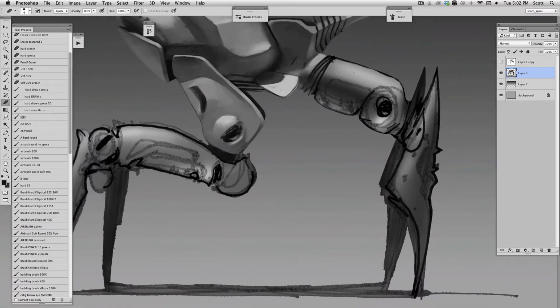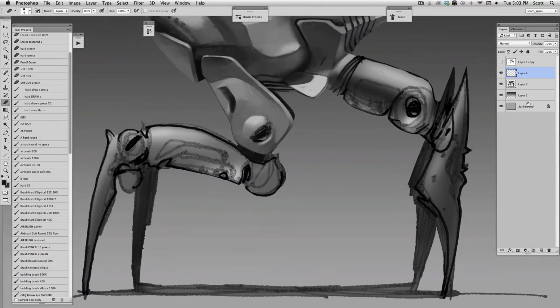But for this demo for the book, I wanted to do something that had a lot of complexity, that was a bit abstract. That was not a car, wasn't an airplane, wasn't a building or a teapot or something like that. I wanted to do something that was organic, yet mechanical, and had a lot of variety of forms and a lot of details, just so you can see that the same rendering technique is basically applied over and over and over again. All you're doing is changing the silhouette